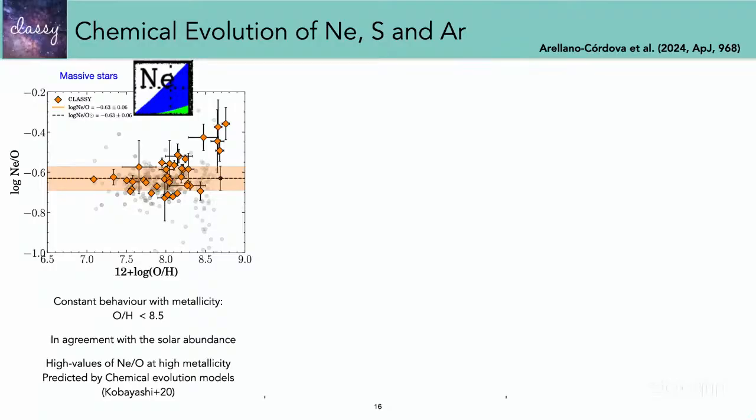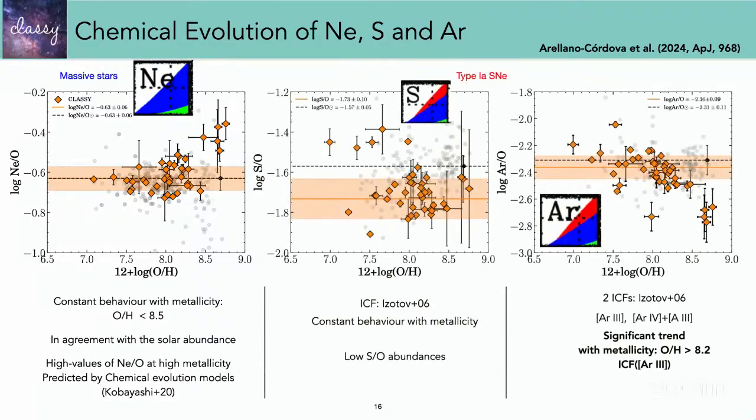We have so few galaxies, but speaking with Chiaki Kobayashi, she told us that neon, at solar metallicity, has another isotope that is included in all this combination with nucleosynthesis, giving this increase in the neon abundances. In the beginning, I thought there were errors or something, but I think DESI is also now getting results with a very increased neon abundance. This is about neon, which basically comes from massive stars. Then we have the sulfur and argon.